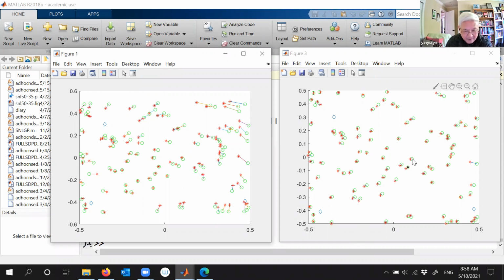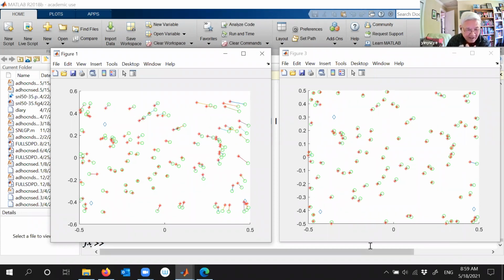Again, you can compare the solution quality of this picture and this picture. That's my point. If I don't have a good starting point and start from a naive solution, it's very, very painfully slow,